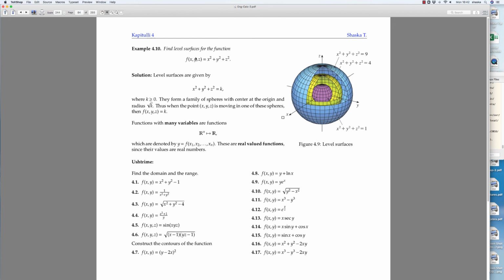This is an example. Let's say this is a function of 3 variables, and if I want to see how these level surfaces look on the domain, I'll have to let this function be equal to a constant k, or c, or whatever. So what is that? You get these peels of this sphere, right? Every peel there is kind of a level surface. Okay, so there are a few examples there at the end where you can find the domain and the range of